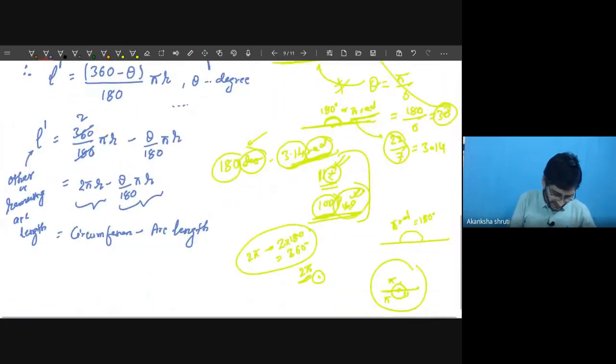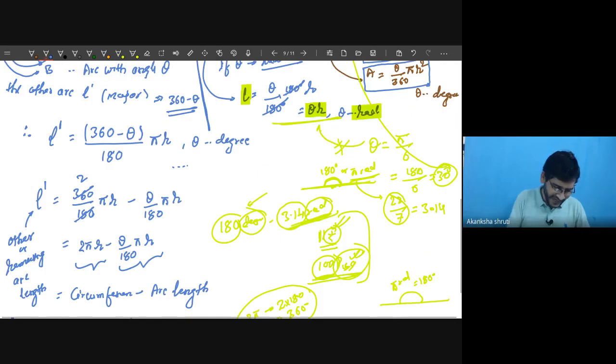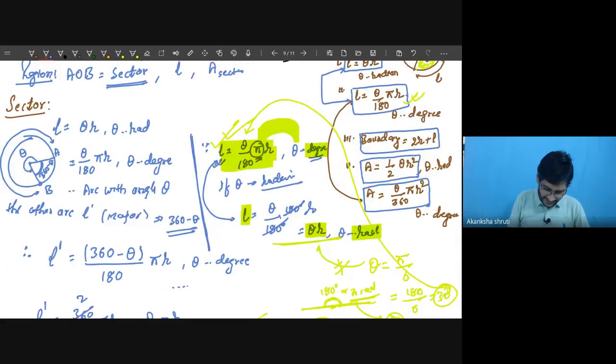So considering the area, the area of the sector is given by theta by 360 into pi r square. Here we have to keep in mind theta is in degree. At your level mostly the angles are given in degree, so better to keep this in mind. In your book it is given, but in MCQ sometimes radian is also asked. So whatever the angle theta given, for that the area is this.